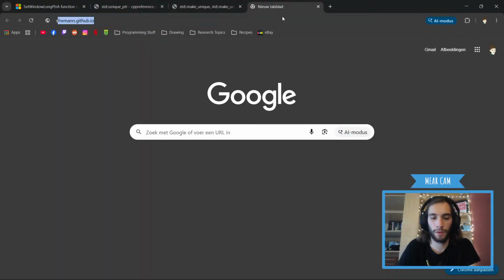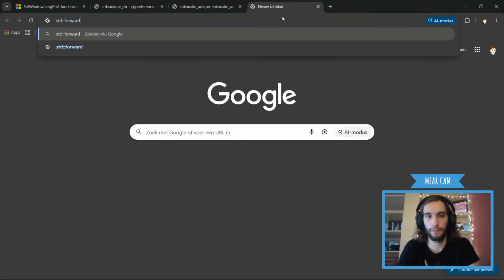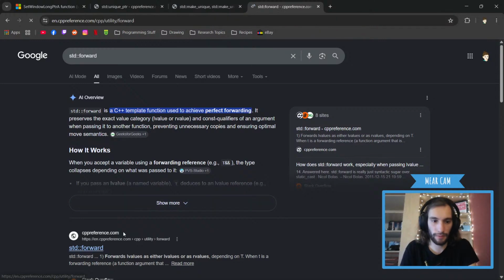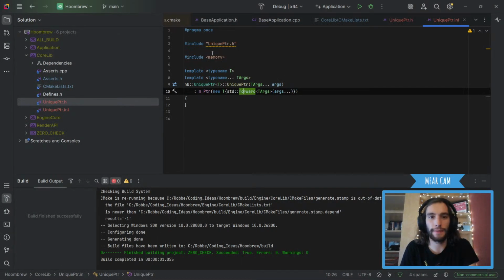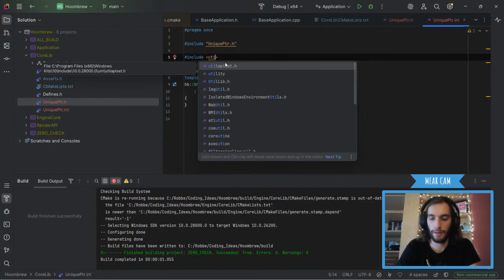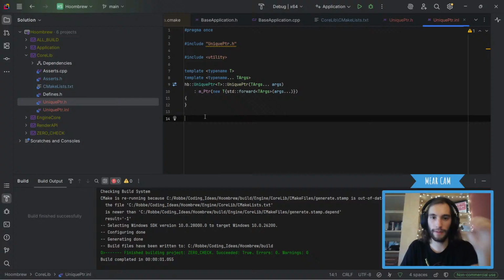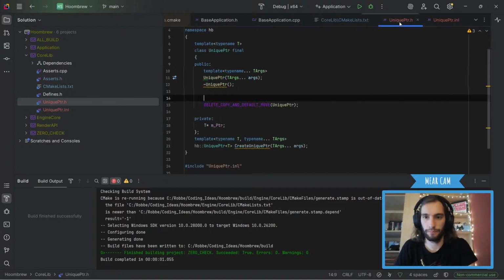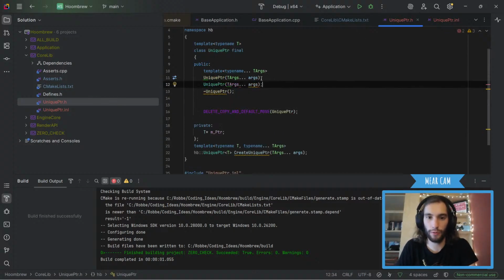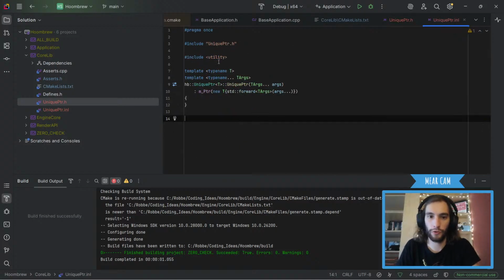Forward. Don't remember if it's in memory. It's in utility. See? And it's good to look those things up because we don't want to include too much. So that's that. We also need a default constructor. If I have a default constructor, so just nothing, then we're just gonna